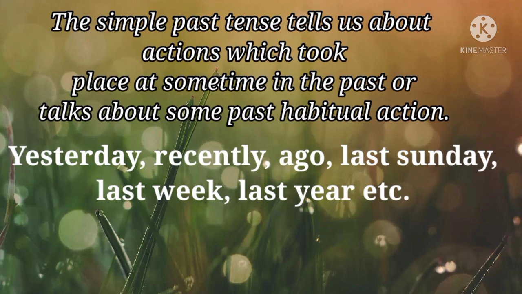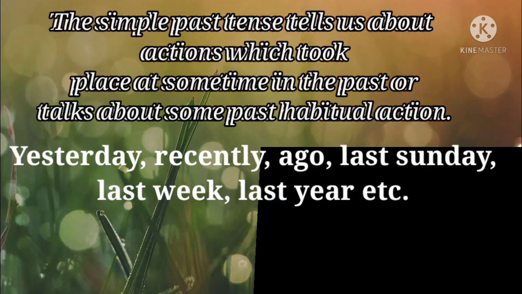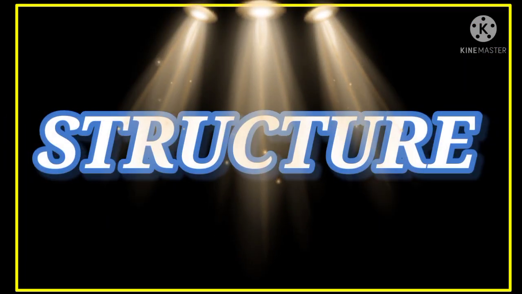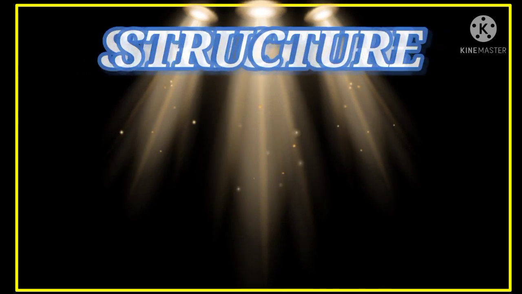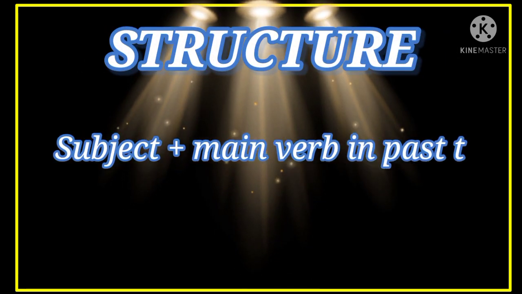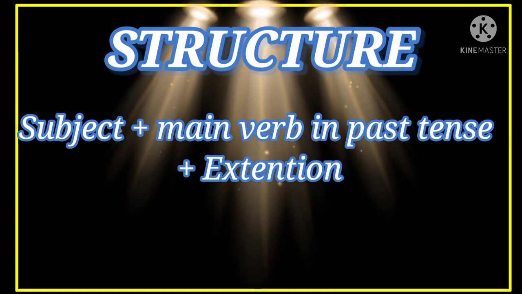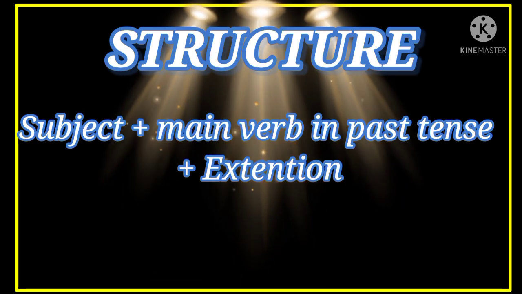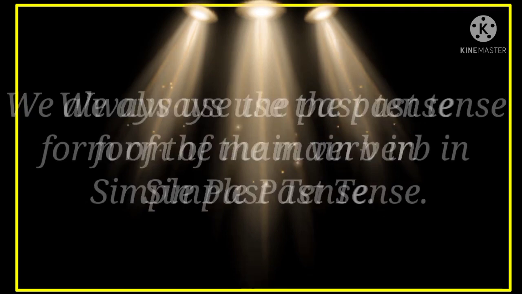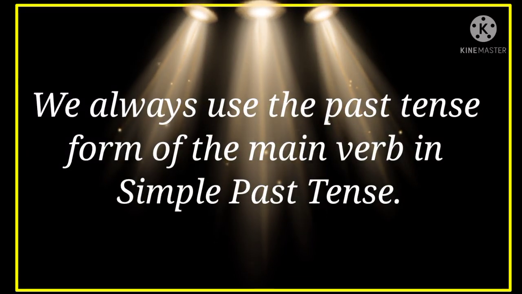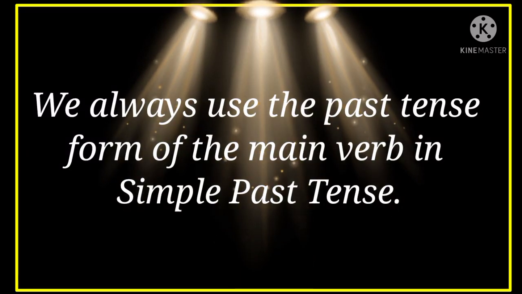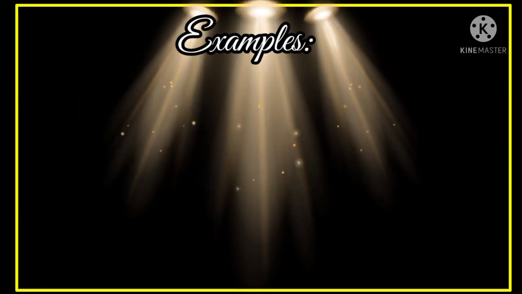To form a sentence in simple past tense, we should follow a particular structure, and that is subject plus main verb in past tense plus extension. Now it is clear that we always use the past tense form of the original verb in simple past tense. In the examples,